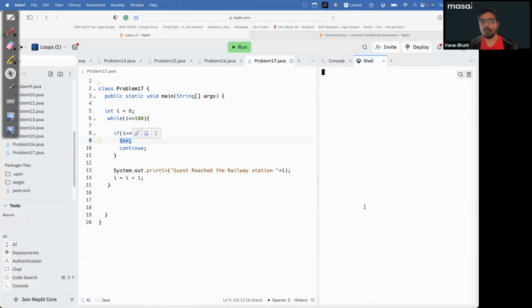ठीक है, इसमें कुछ गड़बड़ हो रही है, but what will happen when you execute this code? The 51st statement will not get executed, but all other statements will get executed. 52, 53, 54, 55 सारी एग्जीक्यूट होंगी, but 51 नहीं मिलेगी आपको. ठीक है. और 51 के साथ मान लो हमारे जो मामा जी हैं उनको भी हो गया, i equal to 55, ओके, आपके फूफा जी हैं उनको भी हो गया, तो अब आईडी डाल दो बस, i equal to 75. तो जितने को हो गया सबको यहाँ डाल दो, वो उतने पे कंटिन्यू कर दे. And when that person will come, if that condition is true, then in that case it will execute,